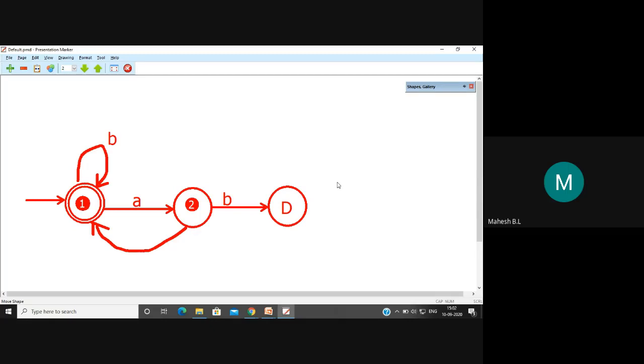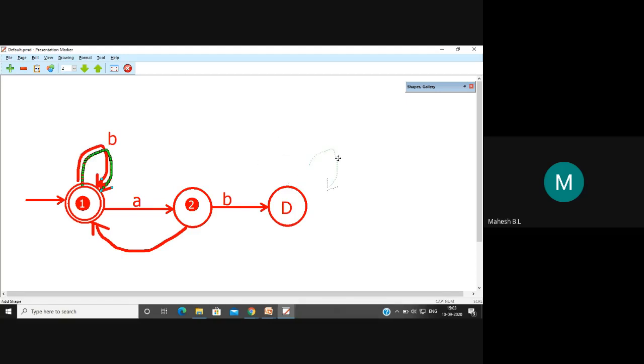Every region must be of even length. If there is at least one region which is of odd length, that entire string gets rejected. So now you just read a single A. After reading a single A, you get a B. That means your machine should go to the dead state. Once you go to the dead state, there is no way to come back to the accepting state. But in the dead state, you can receive any number of A's and B's.